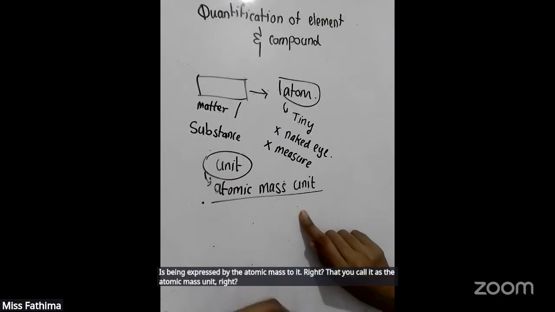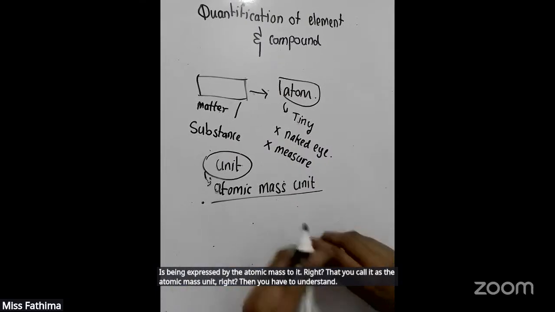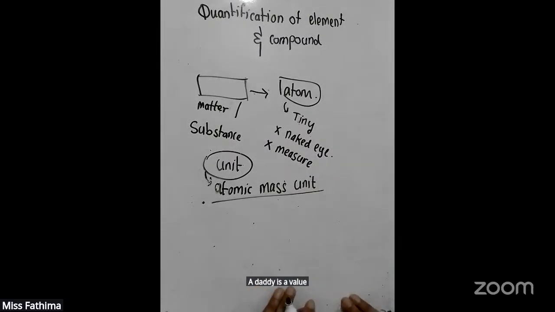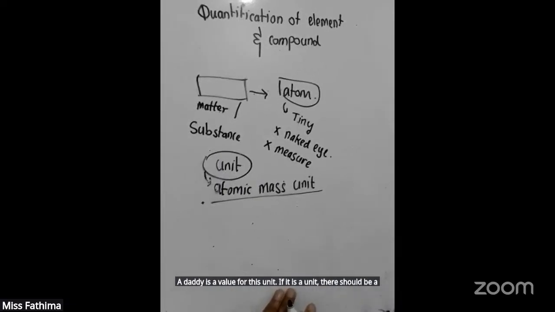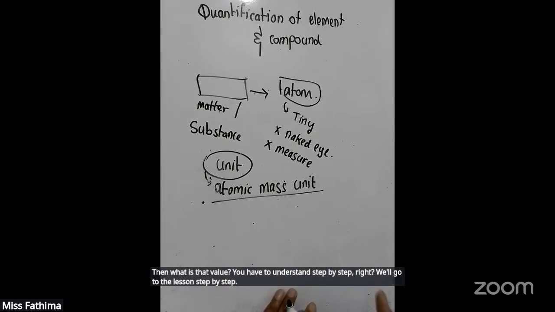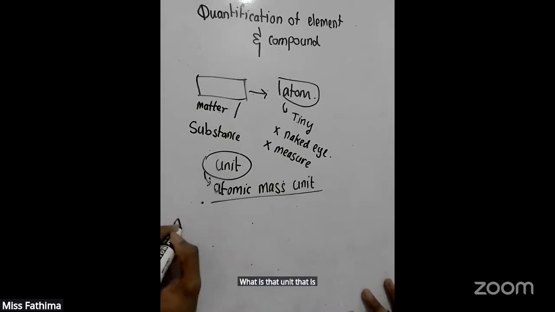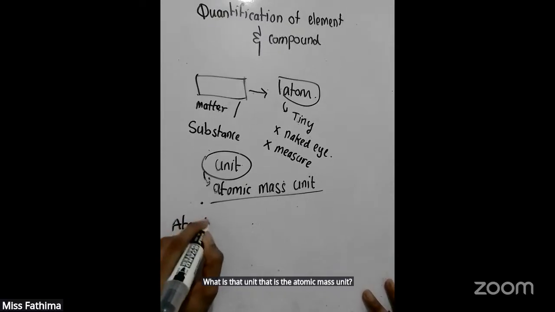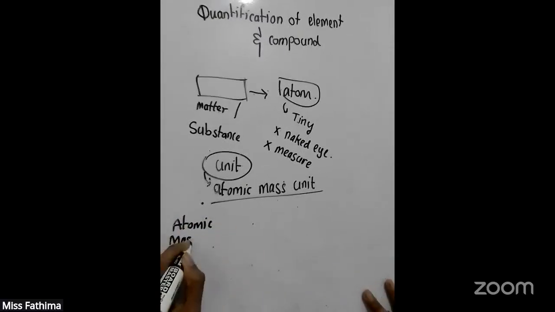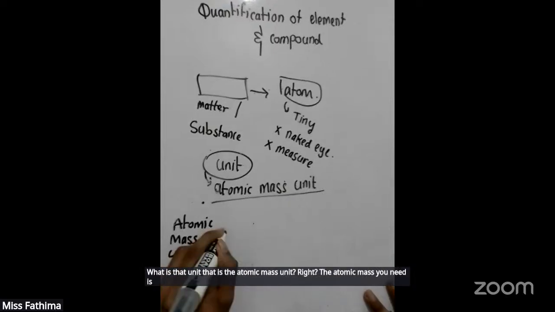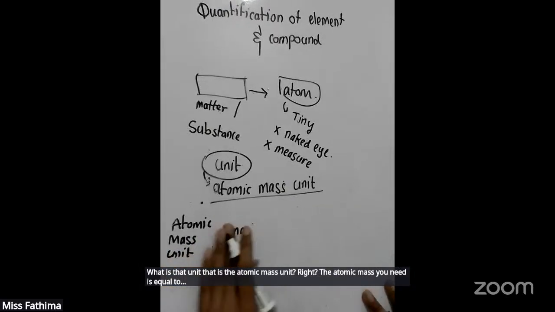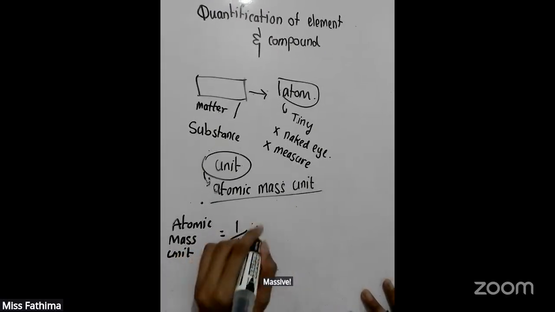Then you have to understand there is a value for this unit. If it is a unit, there should be a value, right? Then what is that value? You have to understand step by step, right? We'll go through the lesson step by step. What is that unit? That is the atomic mass unit, which is equal to the mass of 1/12 of the mass of